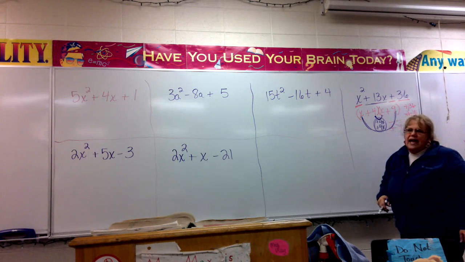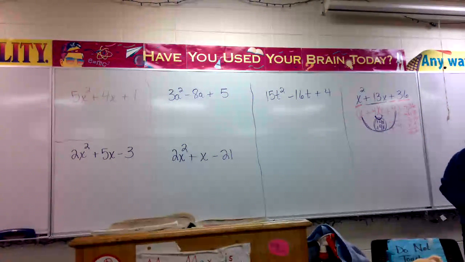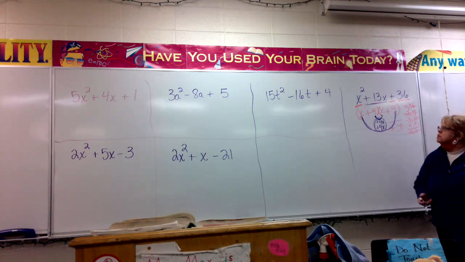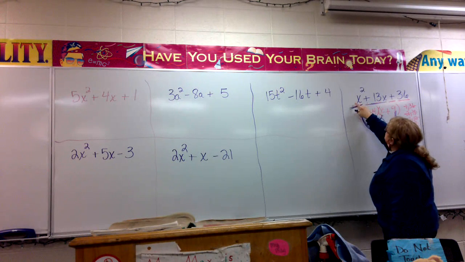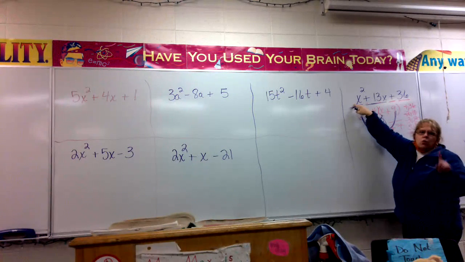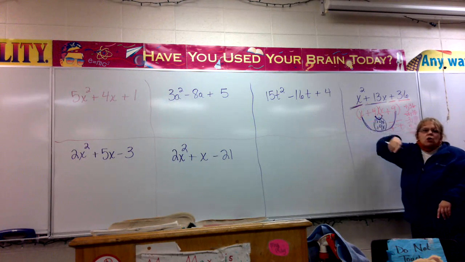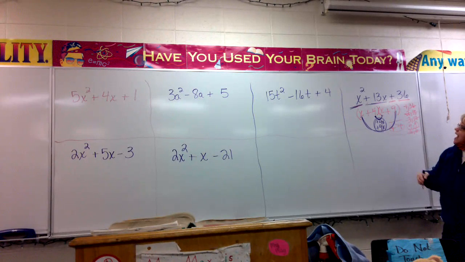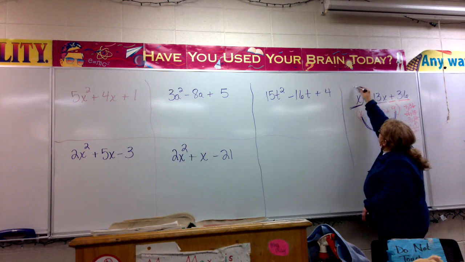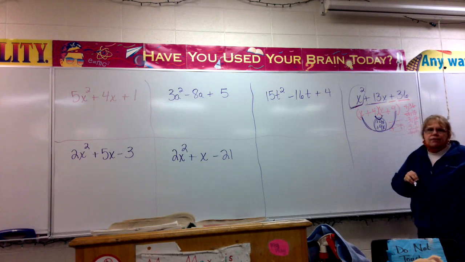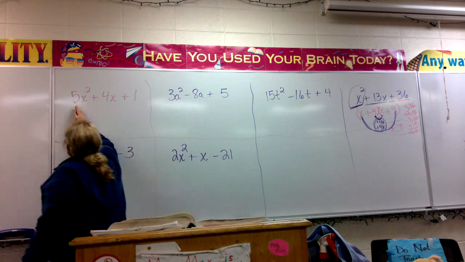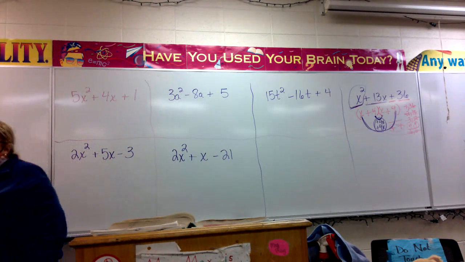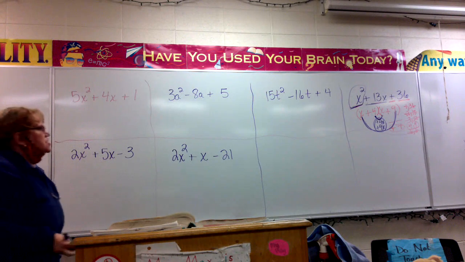And if you look at the problems you did yesterday, most of them, well, it was supposed to be all of them, but I screwed up. That shouldn't surprise you by now. But all of them except for 1 or 2, this first value was 1x squared, 1a squared, 1n squared. There was no coefficient on that first term. Well, today we're going to look at factoring if there is a first term. And the easiest thing